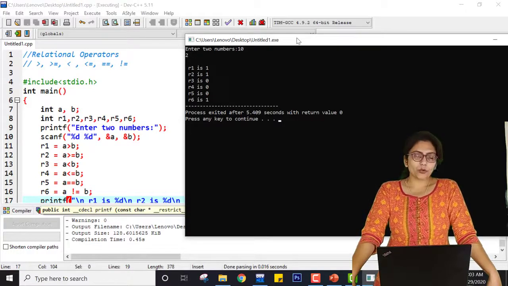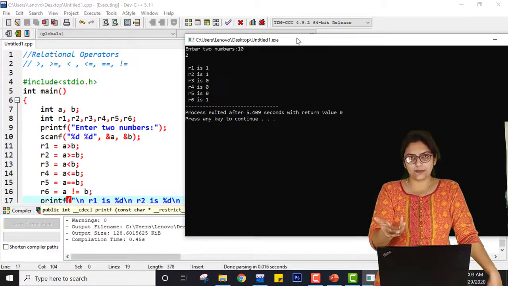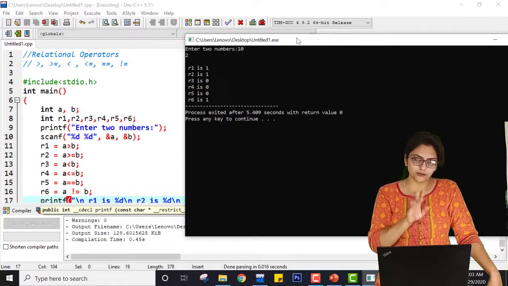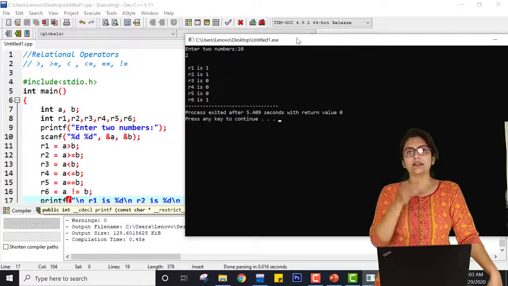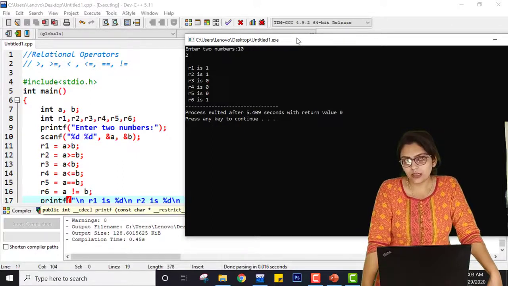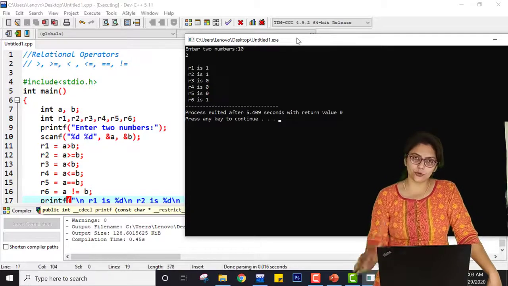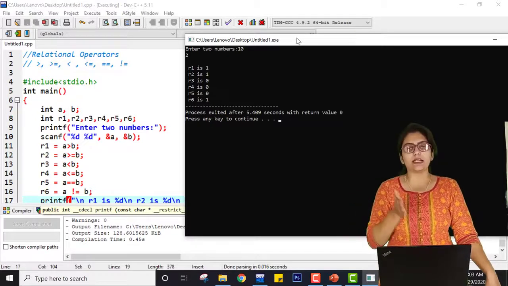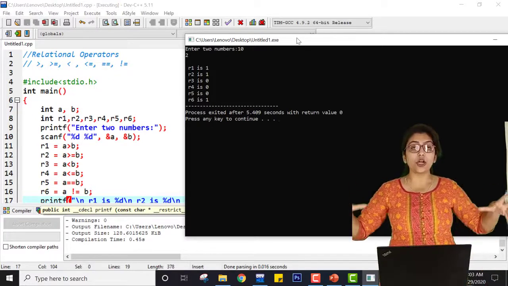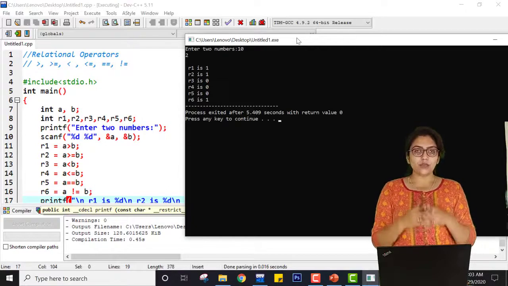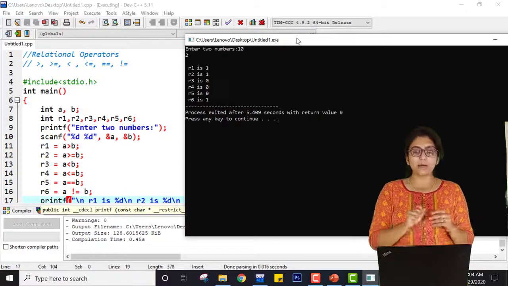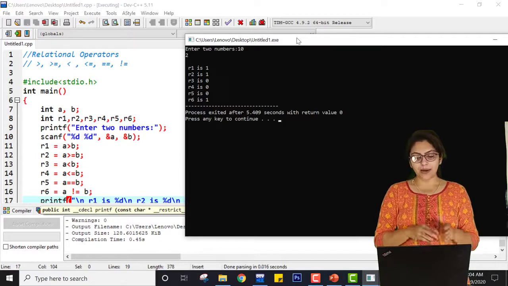In mathematics, to compare something or to assign something, these are two different actions. For these different actions, I am using the same operator in mathematics. But in a computer system, I have to distinguish these operators. I have to separately tell that here I want to assign some value and here I want to compare two values. These are two different actions, so for that I am using two different operators. Here, equal to is the assignment operator that I am going to cover in the next video, and double equal to is comparison. I am comparing something.